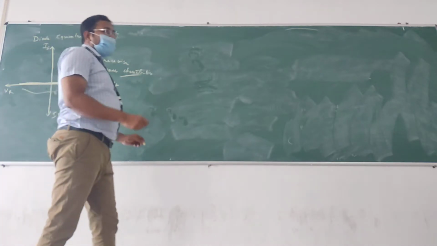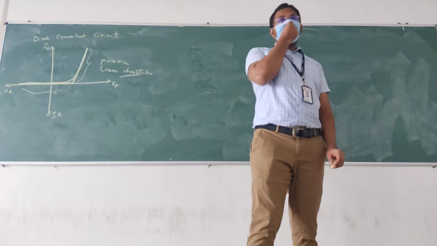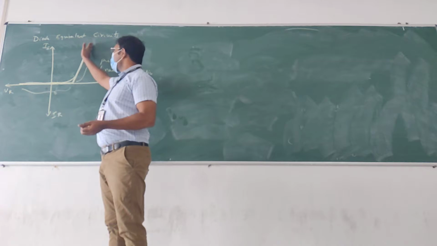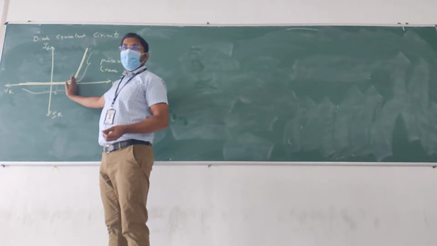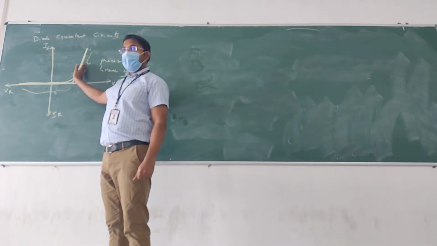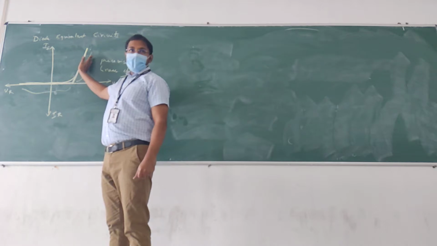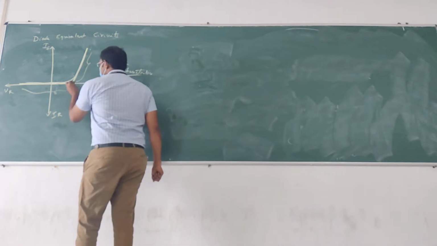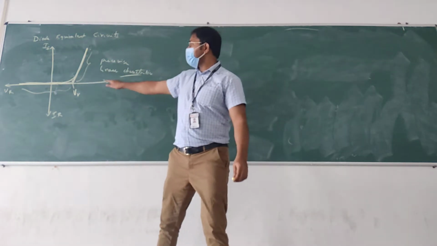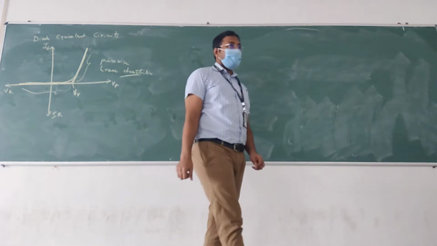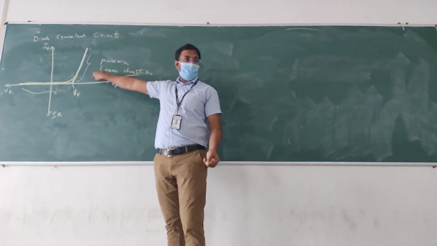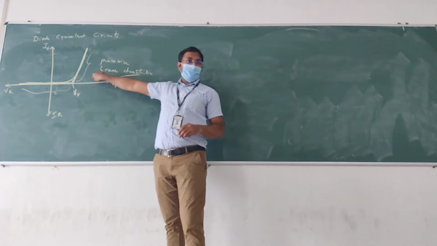Now how can we get the equivalent circuit from this? Anybody? See, first, we know there is a resistance associated with it. We have discussed in the previous class. From the slope we can get the resistance. There is a voltage V gamma, right? So the equivalent circuit will be in terms of this voltage and the resistance. Clear?